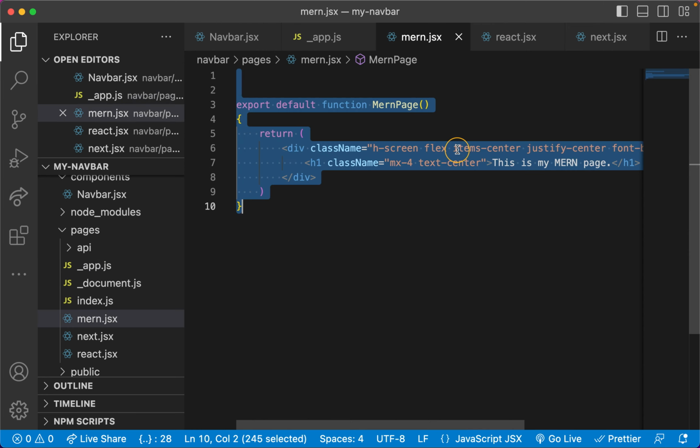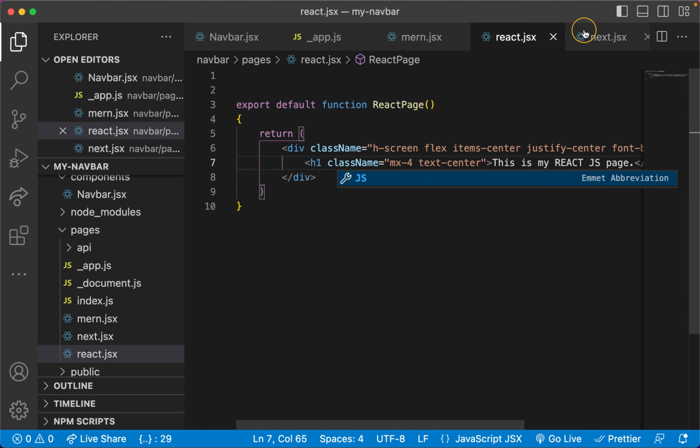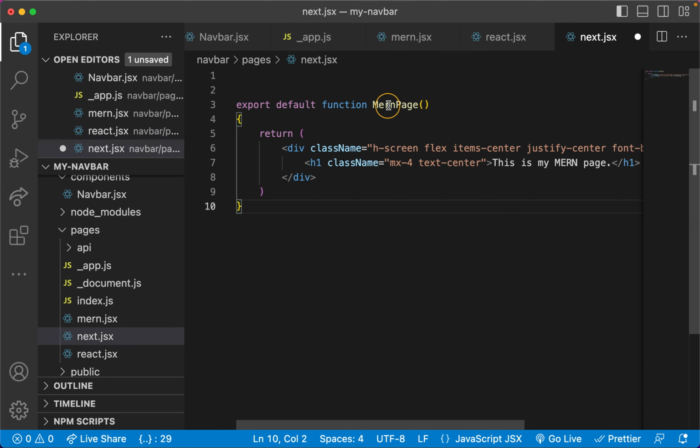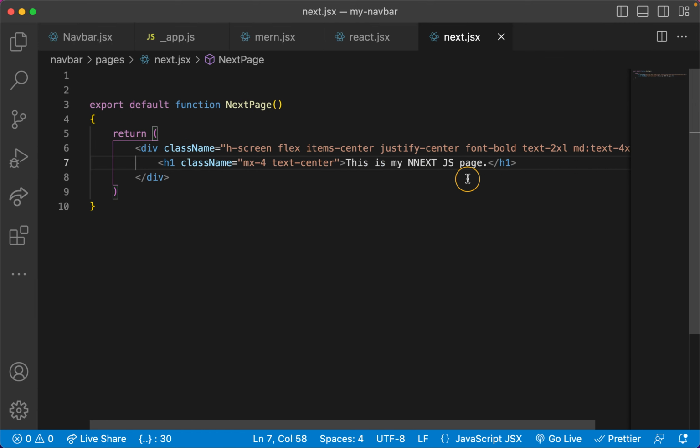I'm just gonna copy paste this MERN into React, and then it's not going to be MERN, it's going to be React, and this is going to be React.js page, and I'm gonna copy paste one more time, and here I'm gonna say next, and I'm gonna say next.js, and hide the typo right there. Okay,